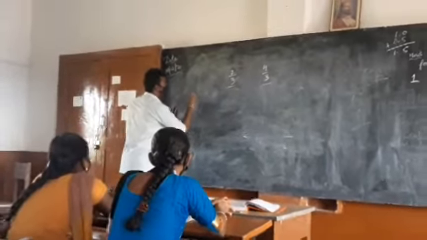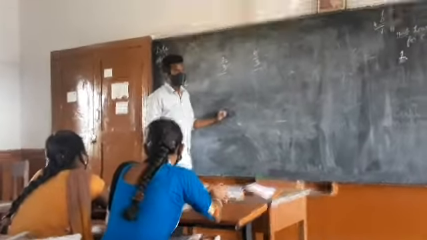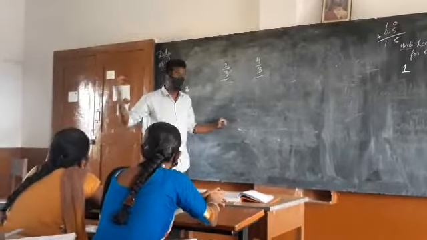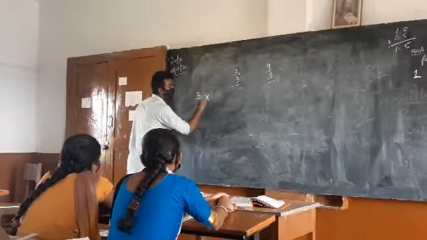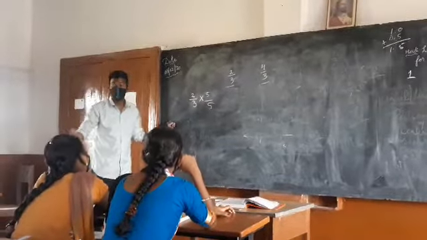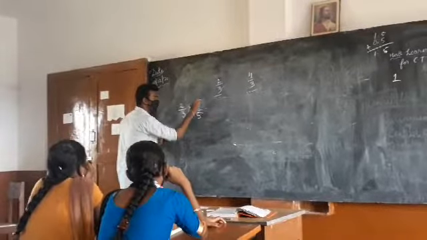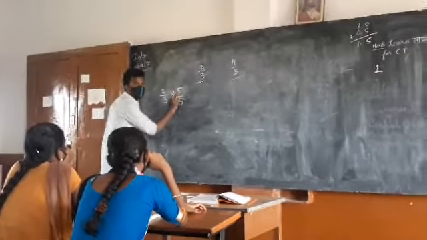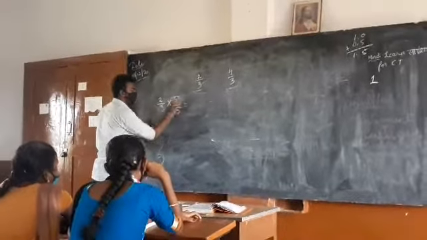Let us see. Okay, let us fix how many rational numbers we need to find first. For suppose, 10 or 5, how many you want? 5. Okay. What do we need to do? Multiply this with 5 by 5. What am I doing? Multiply and divide with 5 by 5. At last, if you cancel again, you will get 2 by 3 only. But I am just multiplying for the purpose of finding the rational numbers. 2 by 3 into 5 by 5. How much?